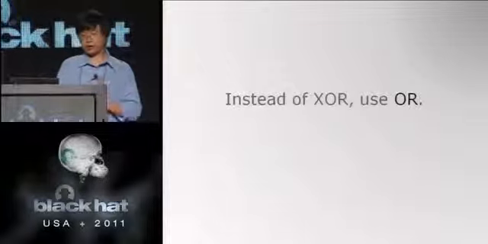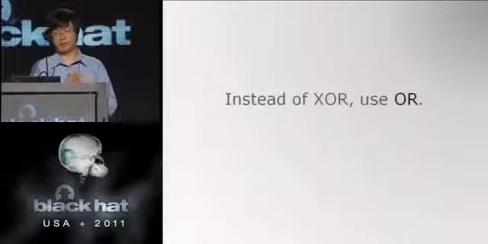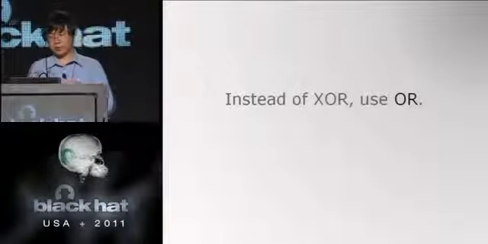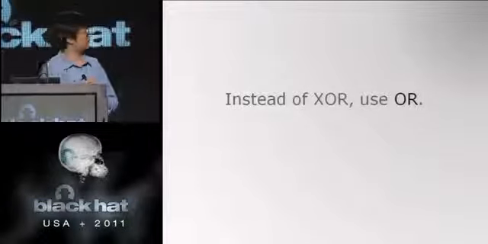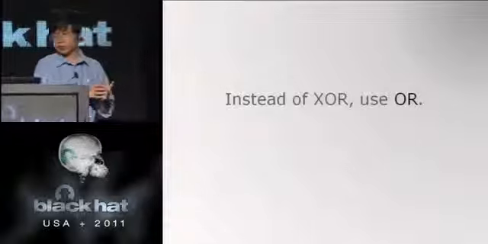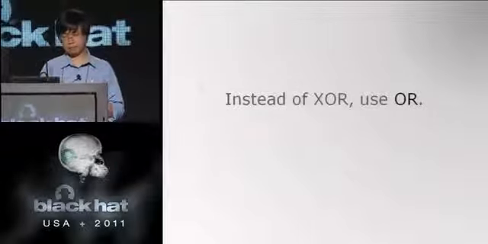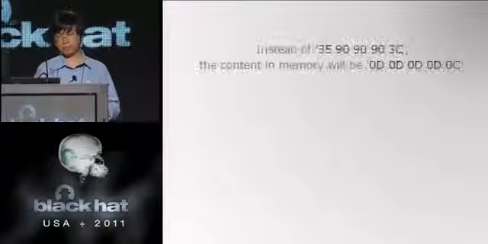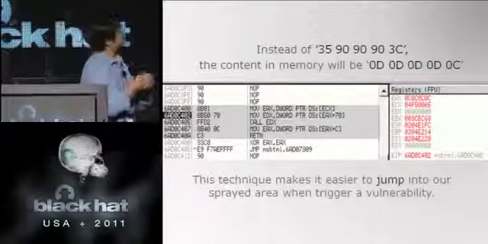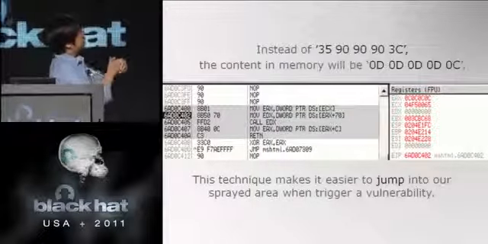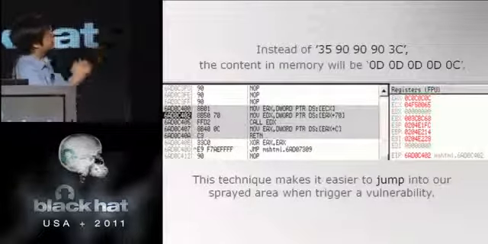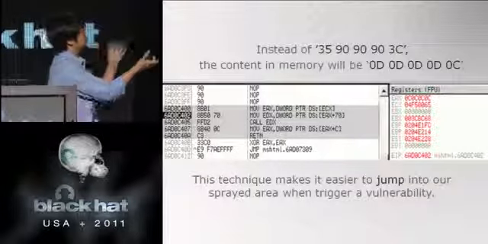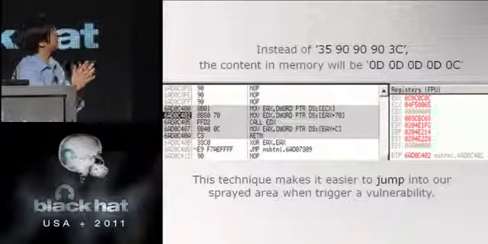Okay, we have another finding for the JIT spraying technique. Instead of the XOR spraying approach, we found that using OR would be better. The original way uses 3590909003C as the string to spray the memory.